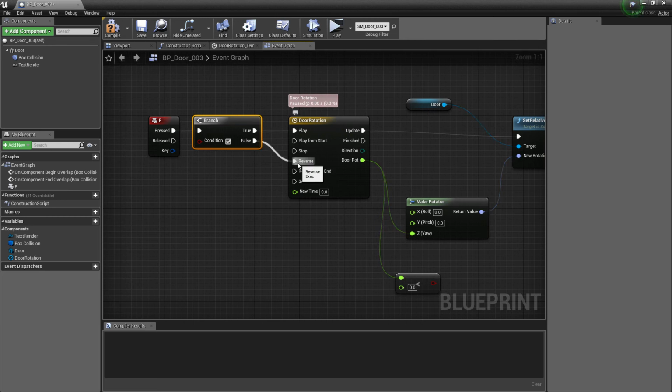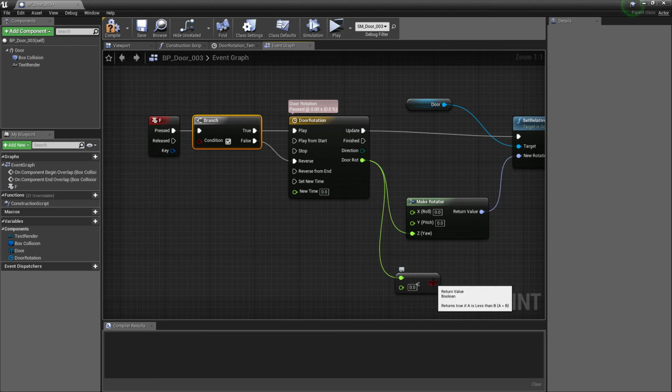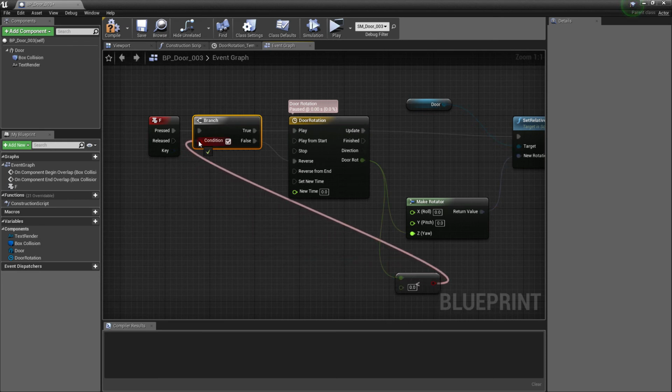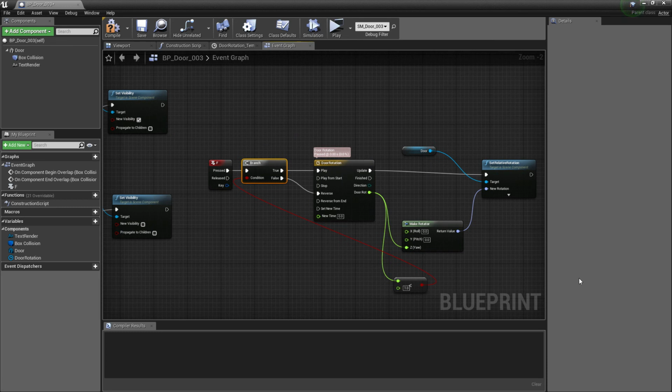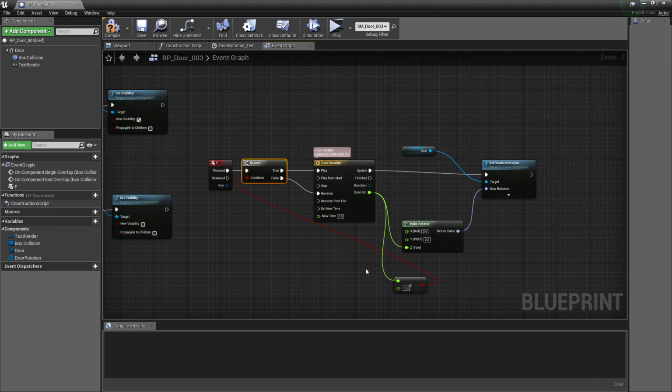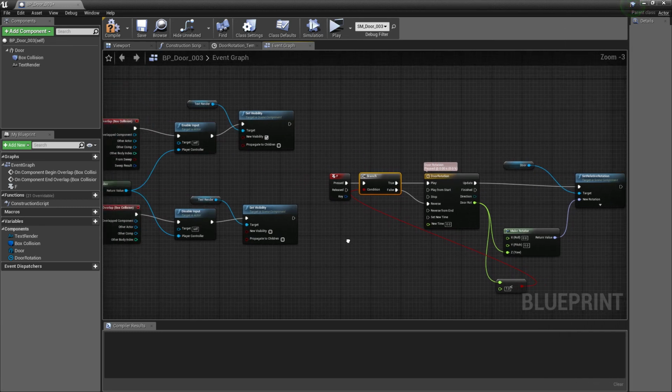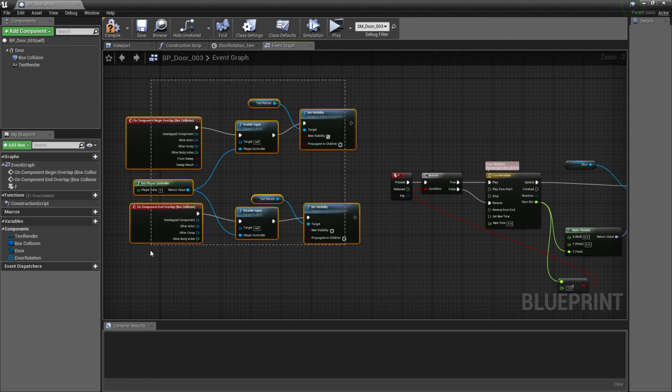And if it's open, it will be false and the animation will play in reverse. Connect the Float Less Than Float to the condition under branch and set its value to 1. Let's arrange these neatly.